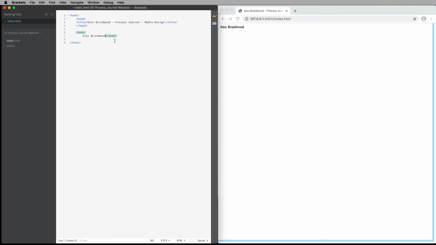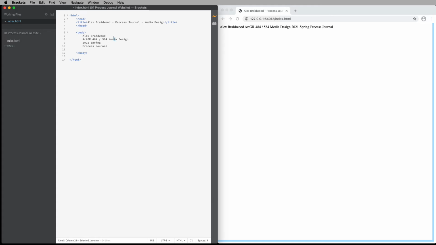I like to space these out a little bit so that it's easier to see. Now everything that we want to show up here is going to go between the body tags. These tags get referred to as the open tag and the close tag, as in start being the body, stop being the body. So here, I'm also going to list the class. So I'll say ARTGR 484/584 Media Design. We'll say 2021 spring